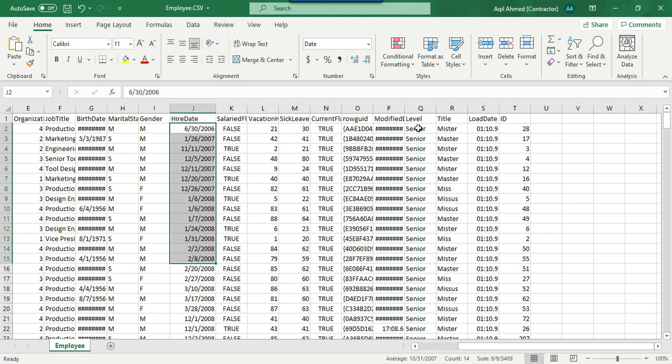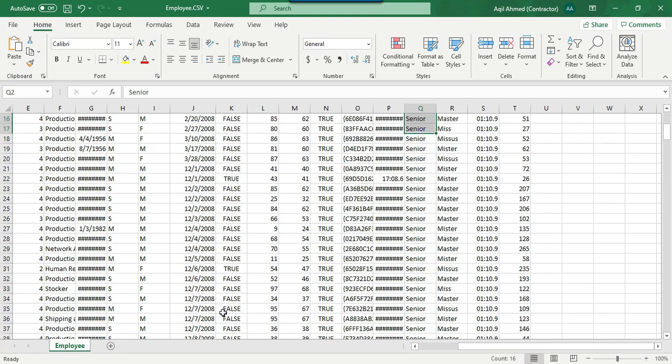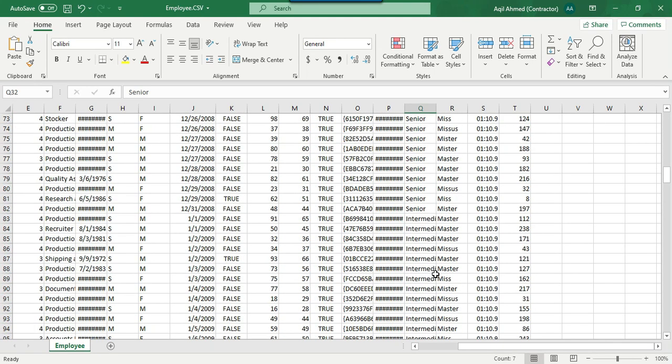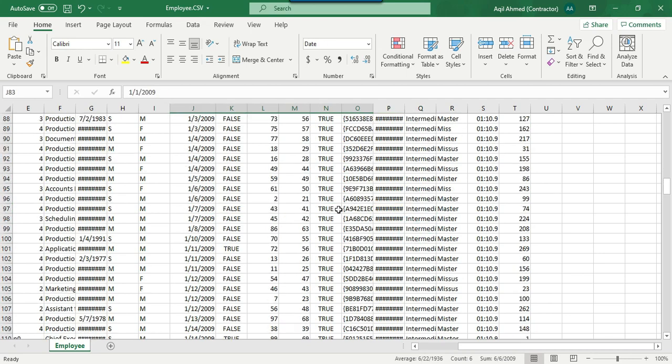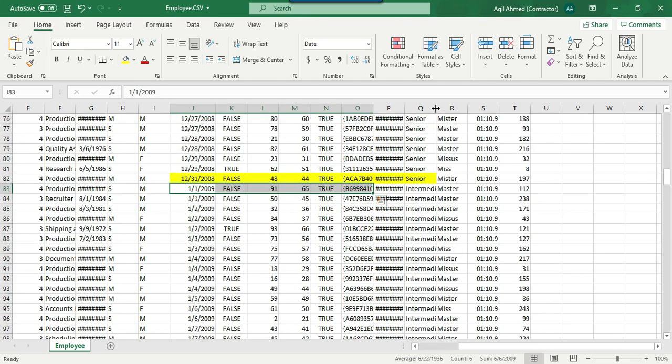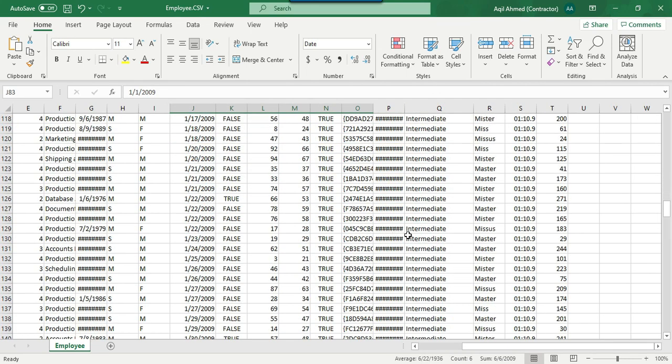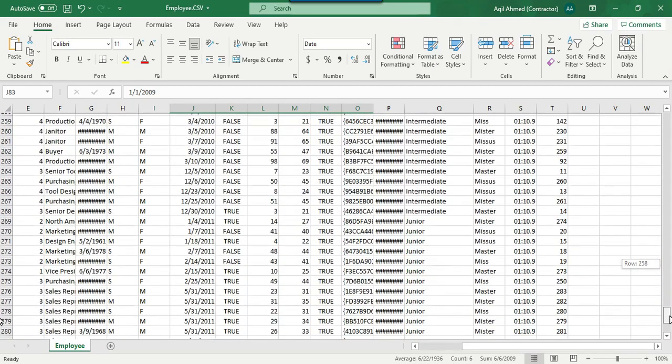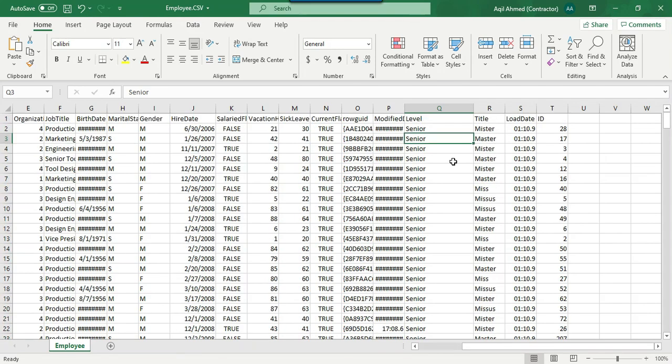So if you see the level column here, till 2008 all are seniors. Okay, 2008 ended here, and the senior also ended here, and now from 2009 to 2010 all are intermediate, and then in the last they will be juniors. Okay, so the value of this level column has been inserted correctly.